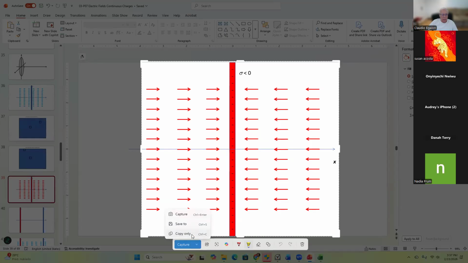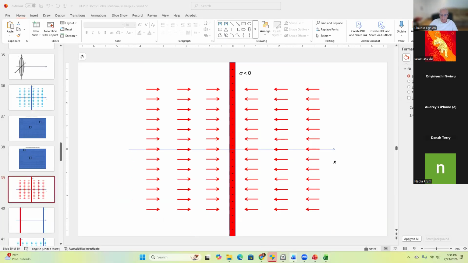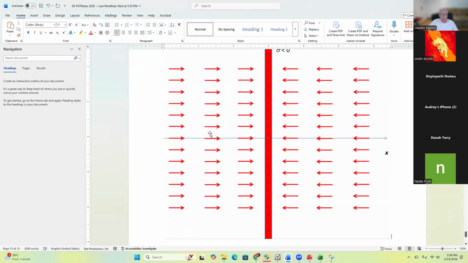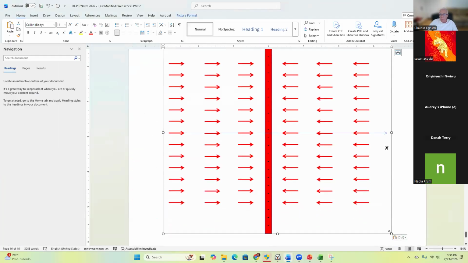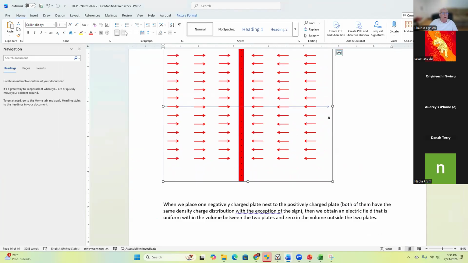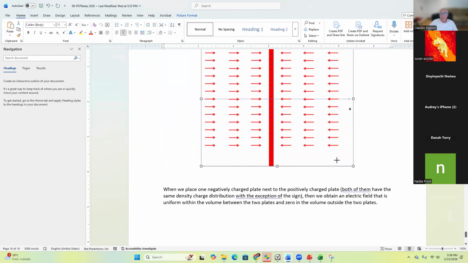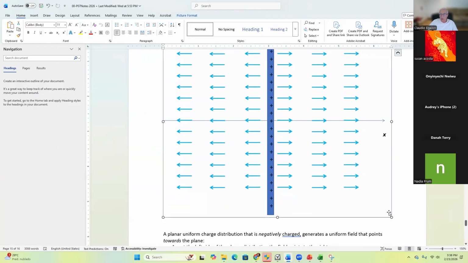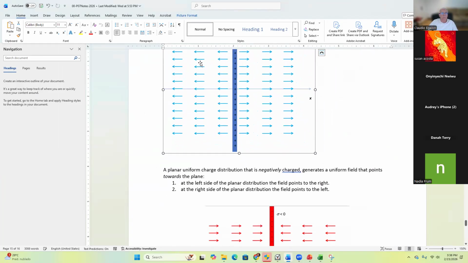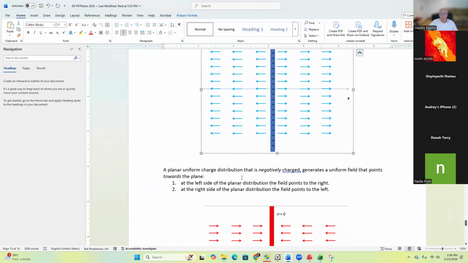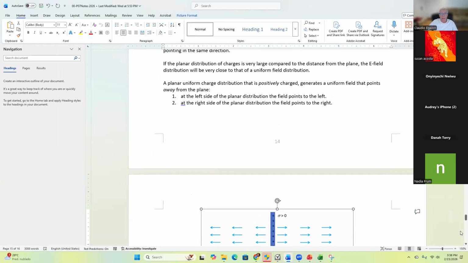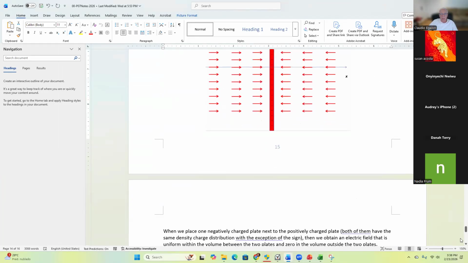Copy only. Here you go. It goes right in here. Center. We're going to shrink this one to save on space. Here you go. Like that. And then